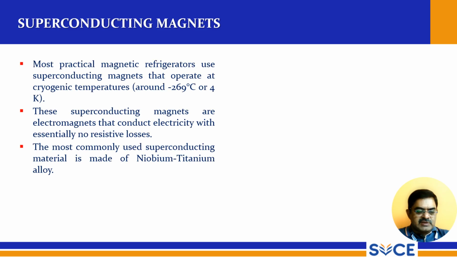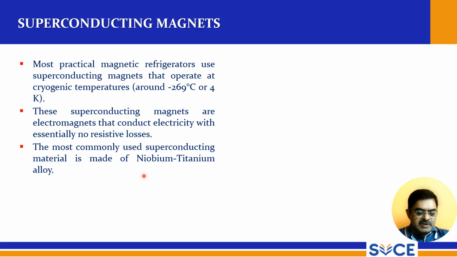Superconducting magnets. The most practical magnetic regenerators are superconducting magnets that operate at cryogenic temperatures around minus 269 degrees Celsius or 4 Kelvin. These superconducting magnets are electromagnets that conduct electricity with essentially no resistive losses. The most commonly used superconducting material is made of